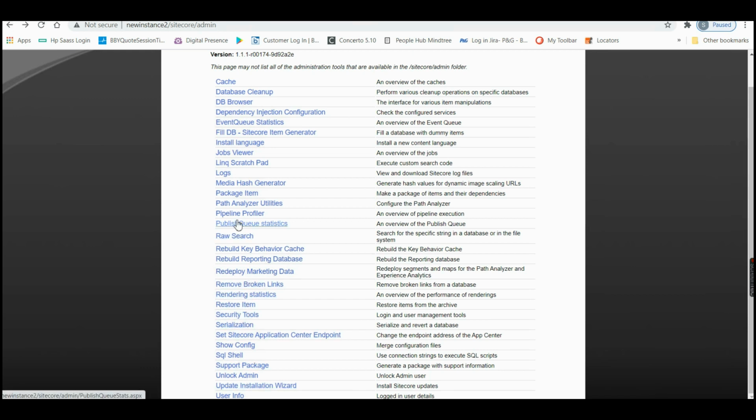I think I covered pretty much. The remaining things, you can easily explore. You log into the Sitecore CMS instance and go to /sitecore/admin. It will list all the tools available in the admin area.